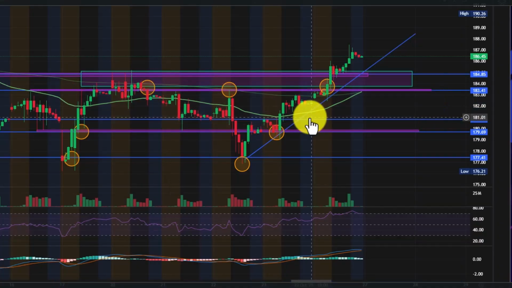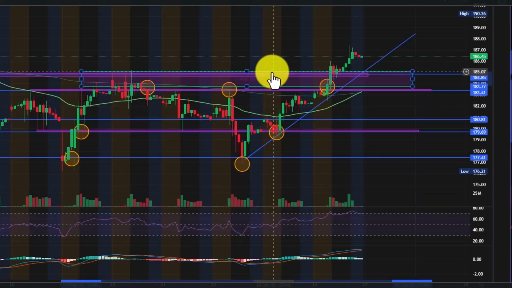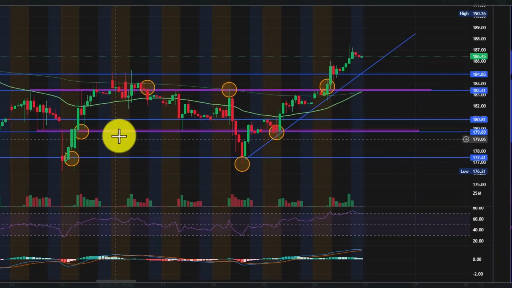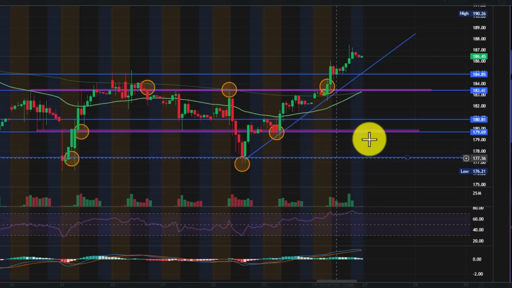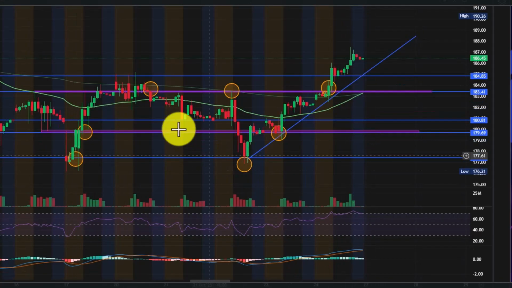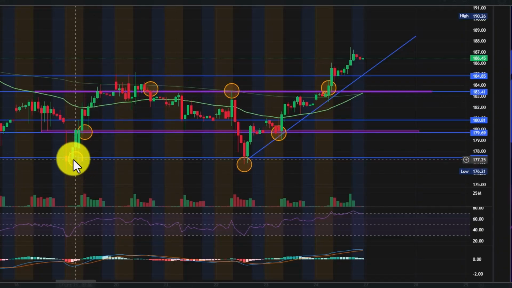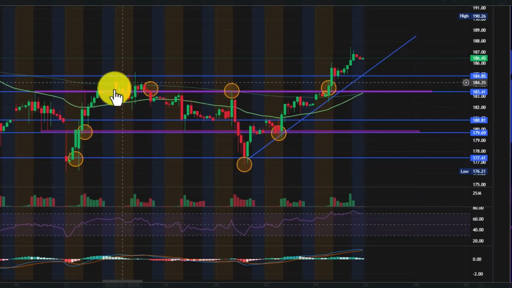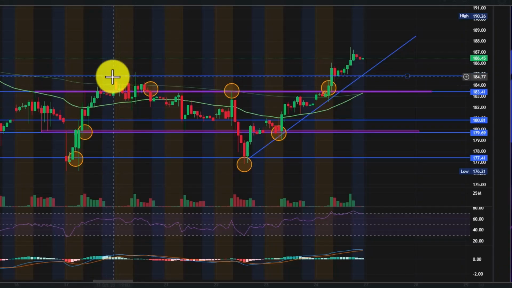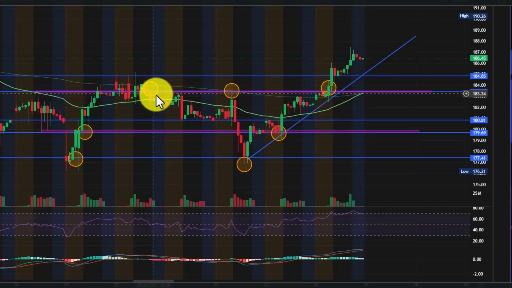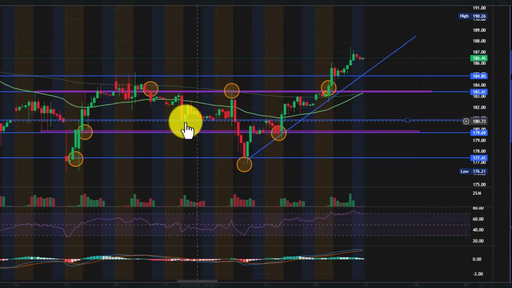Open the boxes around it. I'm gonna get rid of this so you don't get confused. I always create some areas that I can tell easier. So as you can see, I already put this area. It came here, rejected, lost that support, bounced up to the area of supply, and it got a little bit consolidated,